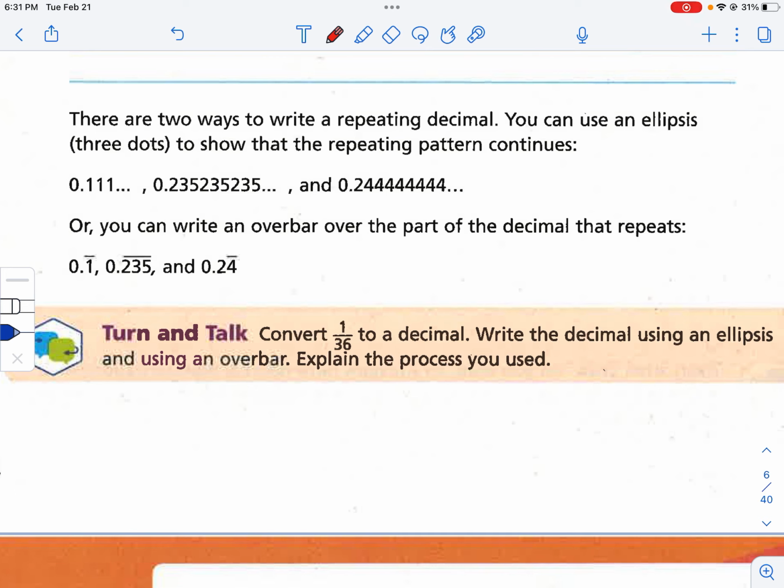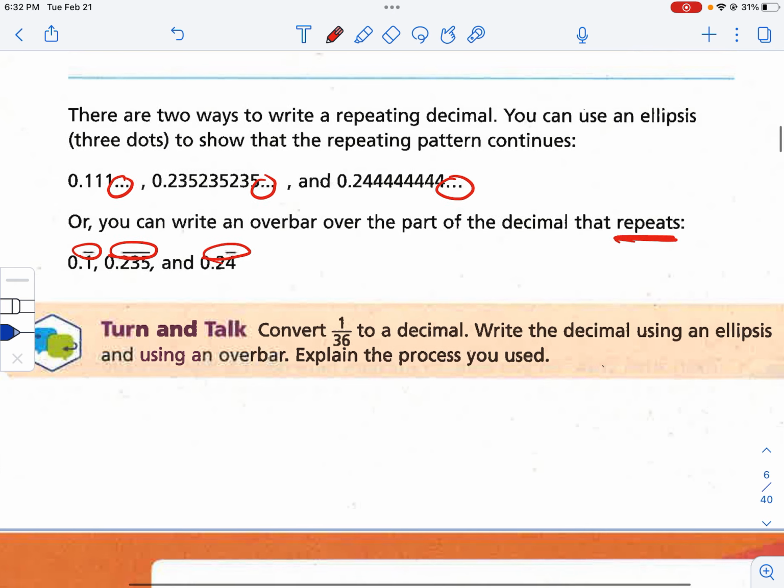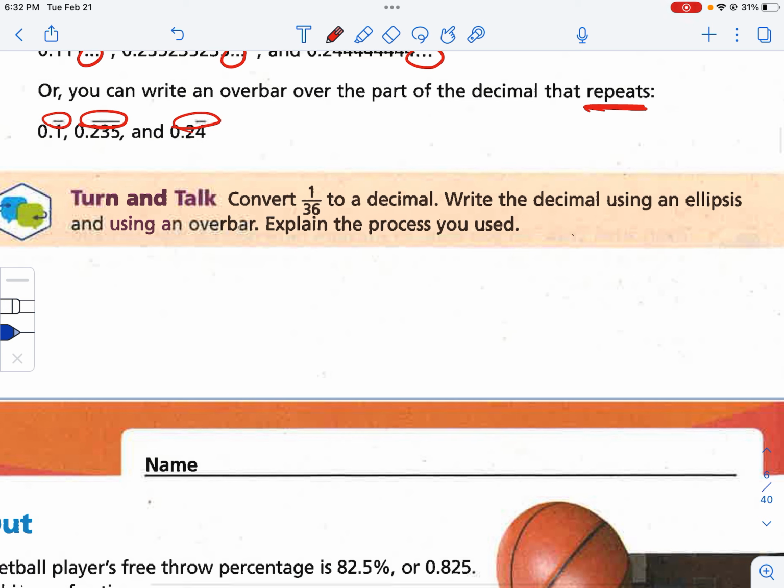There are two ways to write a repeating decimal. You can use the ellipses, which are these 3 little dots right here. Or you can write it with the bar over the part that repeats. So we're going to convert 1/36. So 1 divided by 36. So 0, 0,